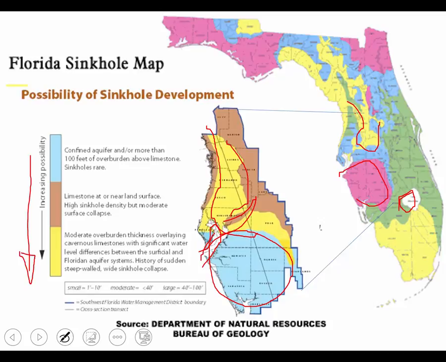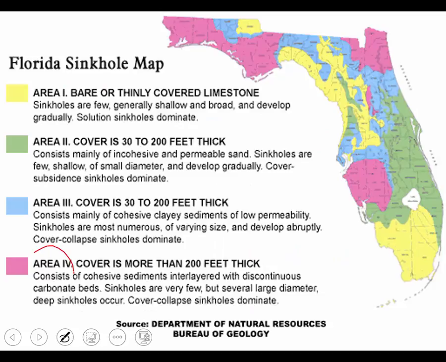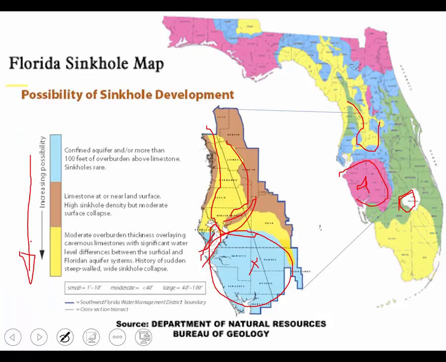Oh, see, this is a confined aquifer, but this here is real thick. So the hazard is relatively low in the sense that, or the frequency, because they don't happen much. When it happens, it's pretty big, but confined aquifer and or more than 100 feet of overburden. So that's relatively low. Here, we've got moderate overburden overlain by cavernous limestone with a potential for catastrophic